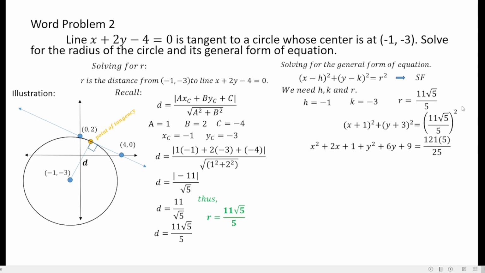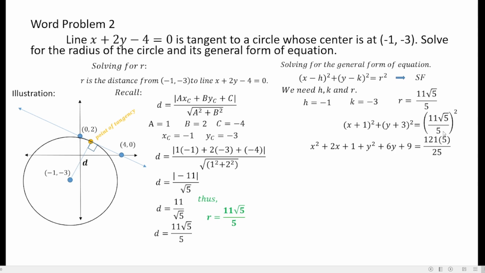Then apply special products. In some laws of exponents, you have now x squared, or x times x. X times 1 is x, times 2, you have 2x, and then 1 times 1 is 1. Plus y times y is y squared. Y times 3 is 3y, times 2, so you have 6y, of course, and then 3 times 3 is equal to 9. Okay, then you have the square of this value is equal to 121 times 5 all